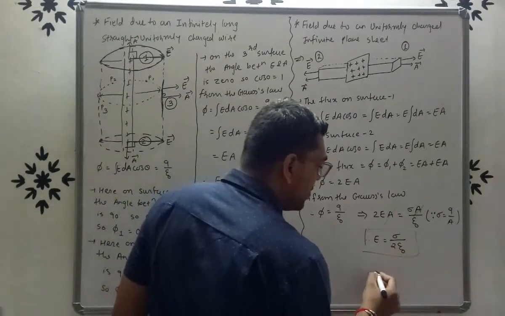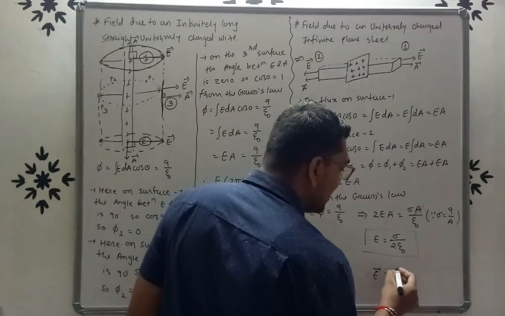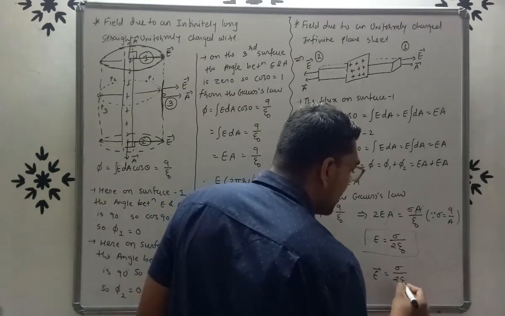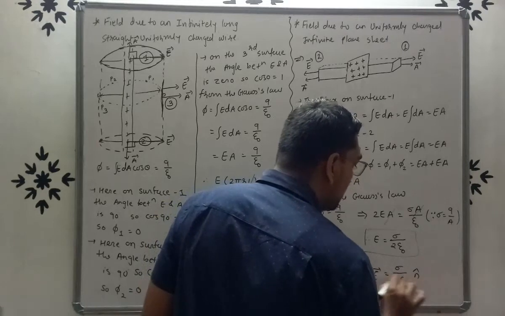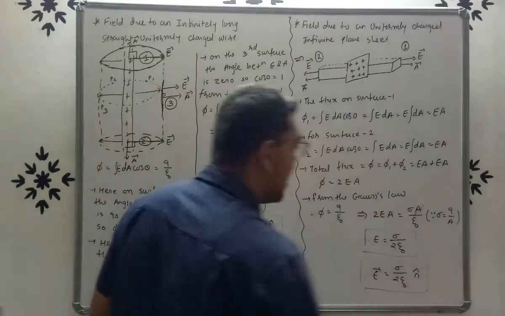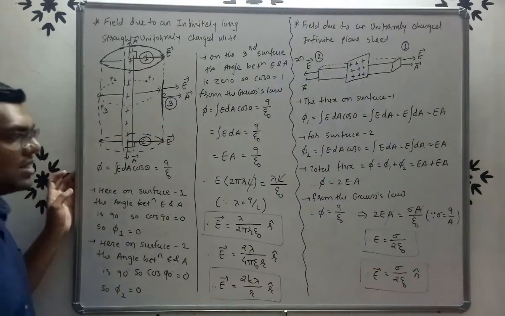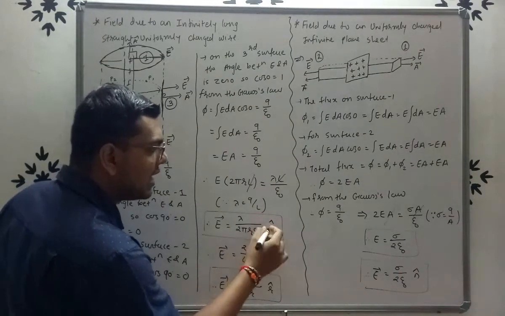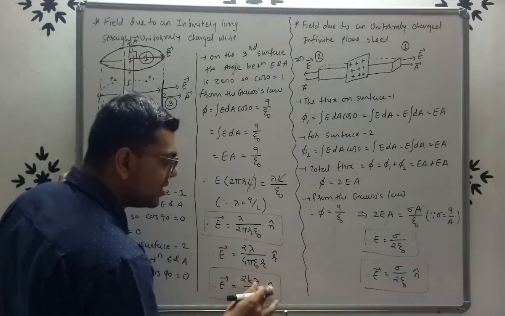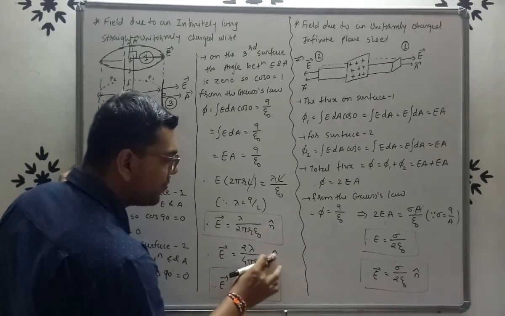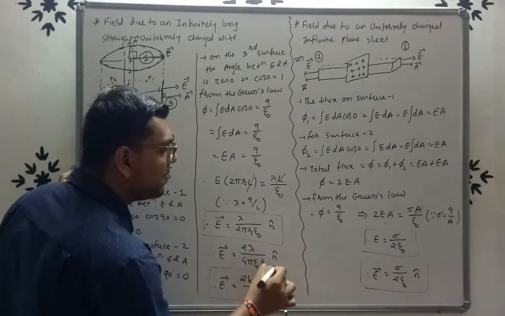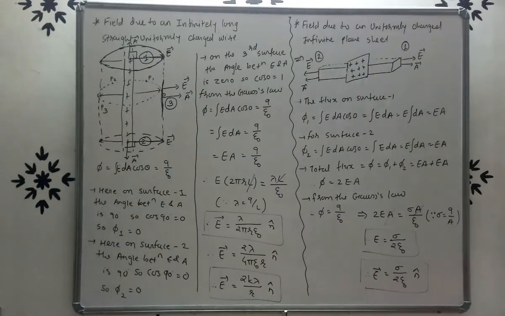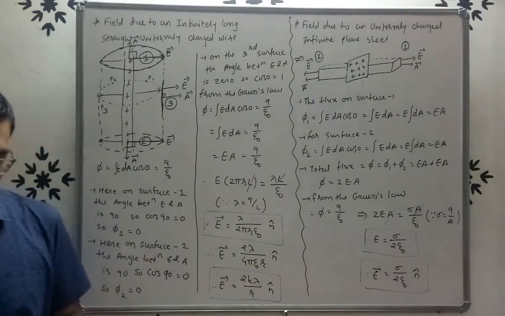And if you want to define a direction, then vector E is equal to sigma upon 2 epsilon 0 into n cap or r cap. Right, as you wish. Here you can write r cap or n cap as you wish. If you want to write r cap, write r cap; if n cap, write n cap. Okay. Once again,